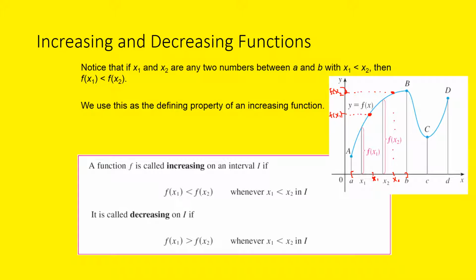A function f is called increasing on an interval I. So we could have an interval I, which is the interval a to b, for example. f of x1 is less than f of x2 whenever x1 is less than x2 in the interval I. For the definition of decreasing, all we do is flip this one inequality symbol, and now we've got the definition of decreasing,